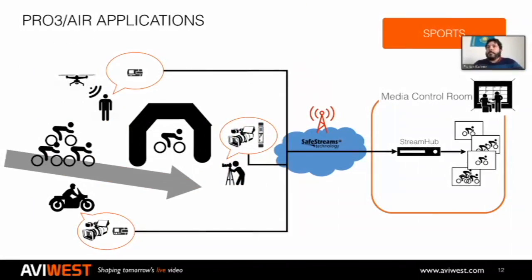Then we start having more and more customers using our products for sports. If you are covering a marathon or if you are covering a cycling event, using traditional satellite or fiber or microwave is usually very expensive and very complicated, because if you want to cover the entire race, you will need microwave cameras, you will need a helicopter to catch the signal, transmit it back to some receiving sites, and then you will